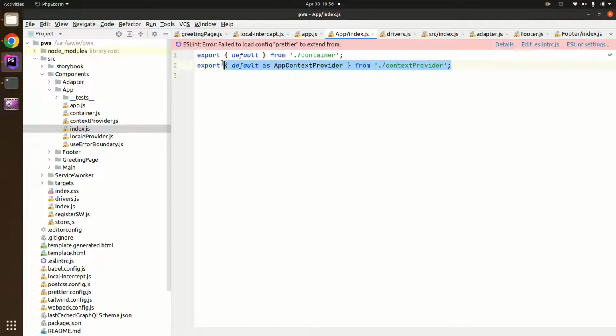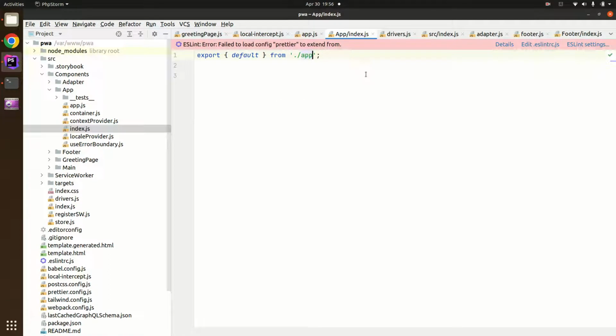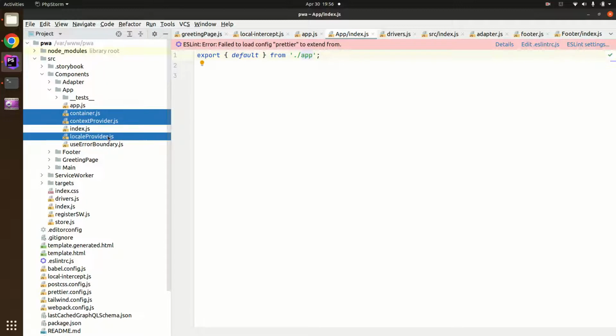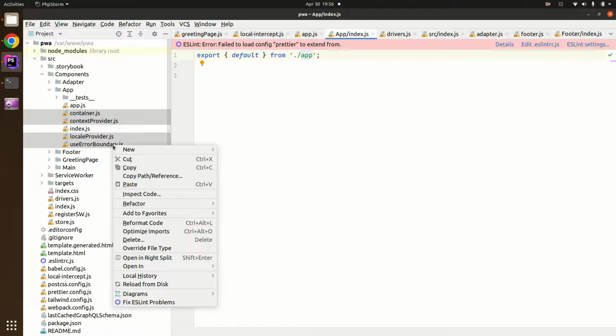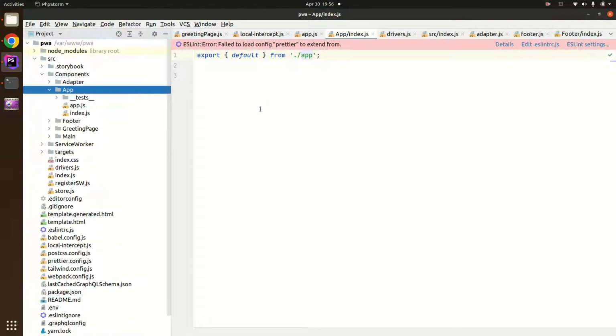We only need to say export default app. That's all we really want to export from here. These files are unnecessary, so let's delete them. Okay,